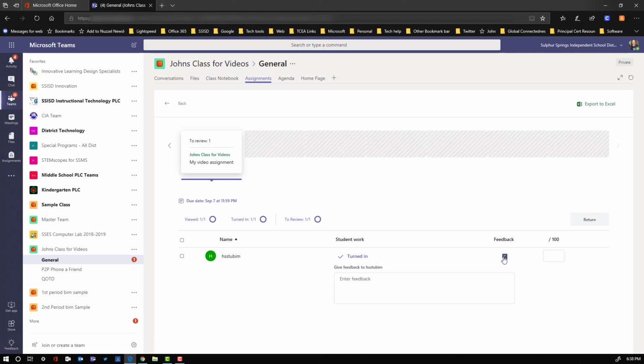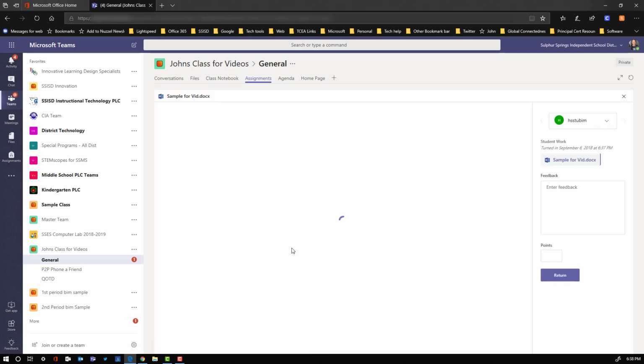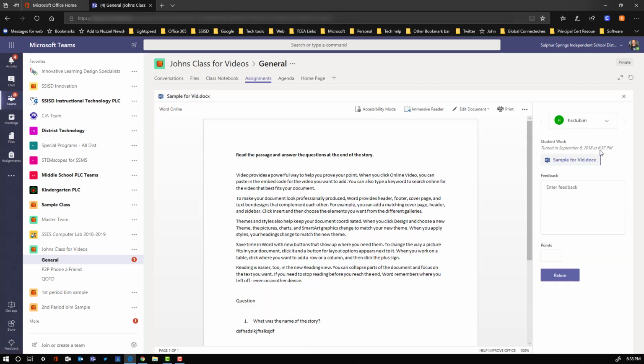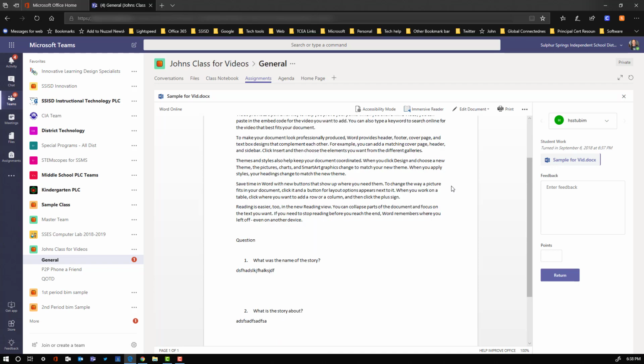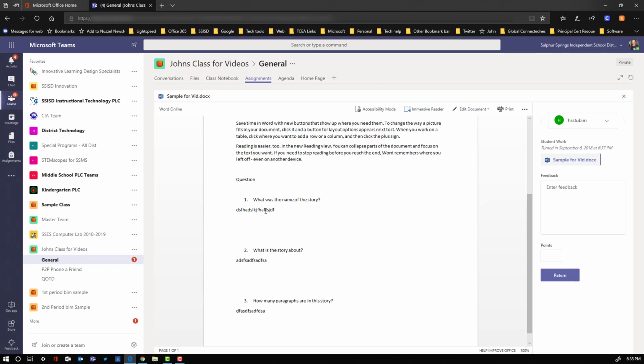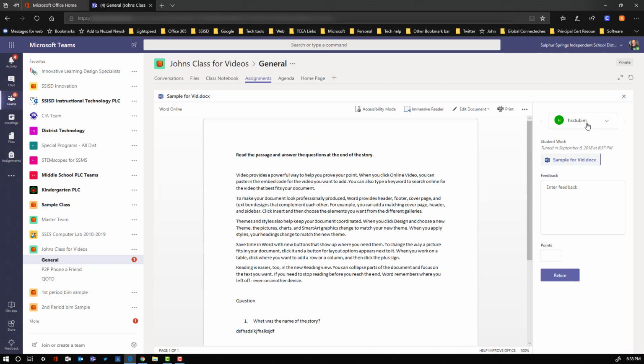I have the option to go ahead and add feedback directly within this list. And if I had multiple students, all those students would show up right here, but I only have one. I can leave feedback directly in this and give it a grade without ever even looking at it, but that wouldn't be the best practice. So if I click on that open space where I know the icon should be, I come into this page where I can now see the full document, I can see the answers for this student,